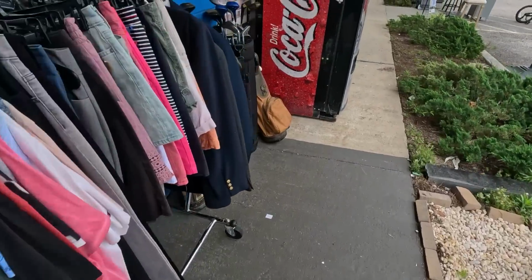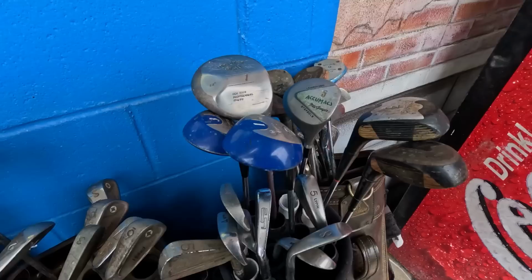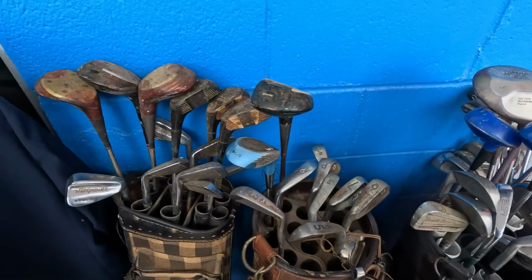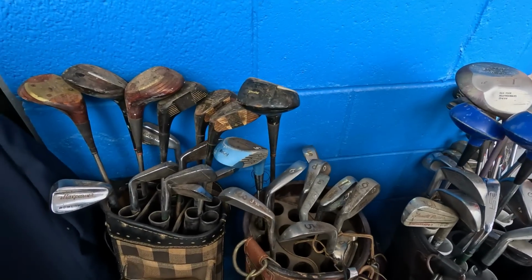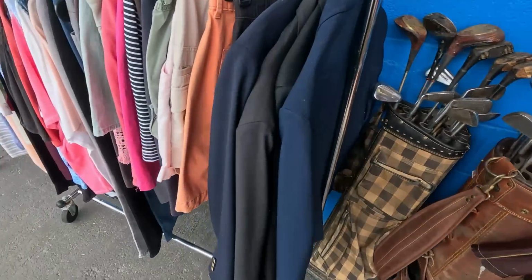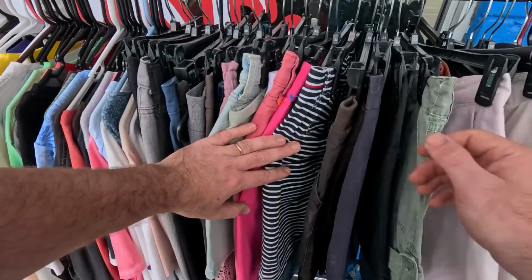Just take a look at the golf clubs. Not so good. Clubs are only $1 though. I mean, if they were good clubs, that's a good price, but they're not good clubs. So how much is the...